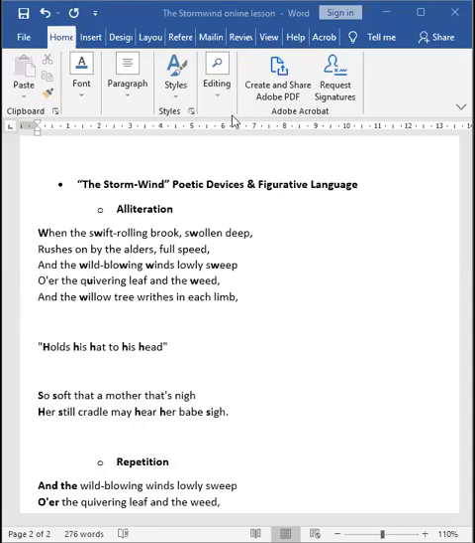So the very first literary device present over here would be alliteration. What does alliteration do over here? It helps to conjure up the sounds of the storm wind. In the first stanza, for example, the hissing sibilants of the swift and sullen and speed and sweep, all of them are beginning with the letter S, with the sound sibilants.